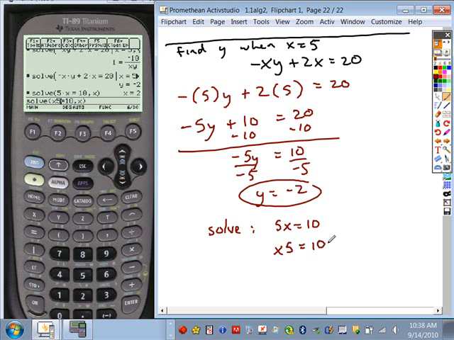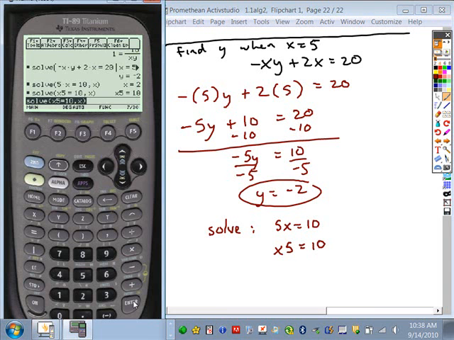As soon as you put the variable in front, now your calculator thinks of that variable as x5. It thinks you're labeling something x5. So if you try to solve for this, it's telling you x5 is equal to 10. You just wrote that. So all it's doing is it's labeling your variable x5 instead of just x. Okay, so you have to put